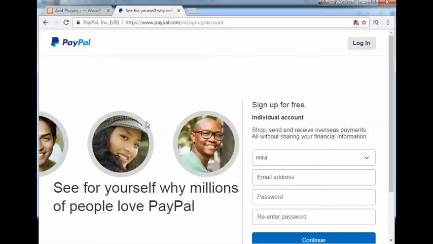Then for confirmation purposes, you have to log in to your admin panel, that is the PayPal dashboard. You have to log into the dashboard and just enter the confirmation amount, whatever the amount was received by you. In this way they verify your account, and your account is eligible to receive payments, which is one of the most important things to grow a business, to accept payments from other people.